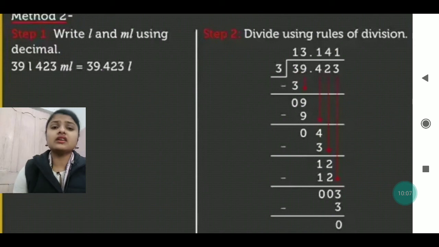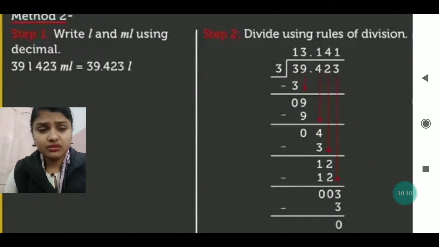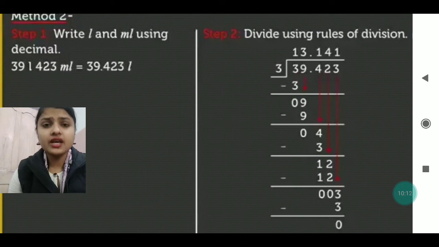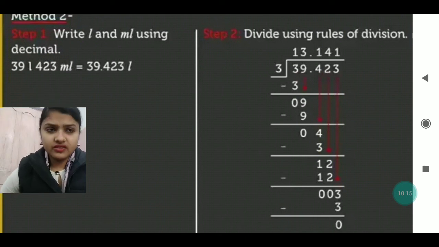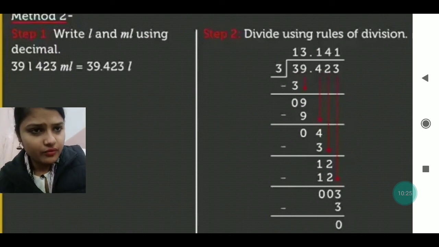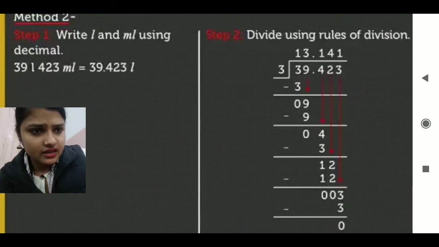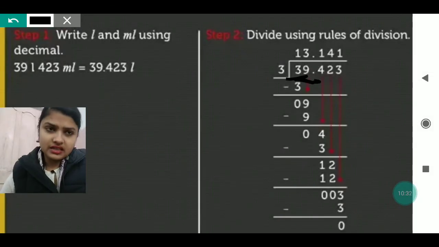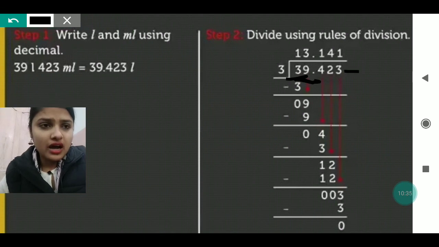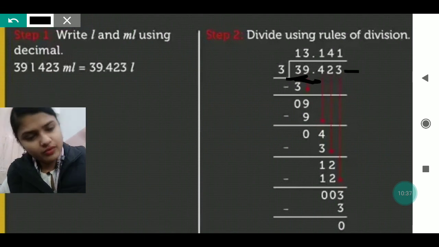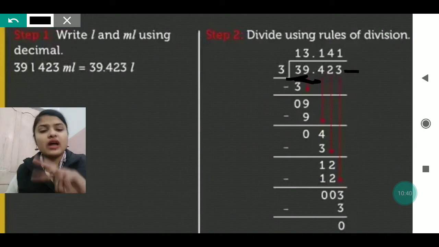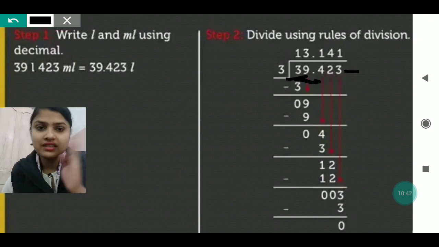So the decimal number which is given after 2 digits, you will write, and you can write it in the same way after 2 digits. From the left side you can see after 2 digits you can put the decimal, or if you count from the right side, after 1 2 3 digits you will put the decimal. From the left if you count after 2 digits, from the right if you count after 3 digits.